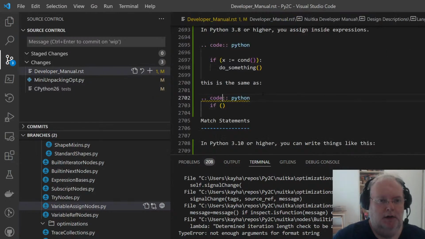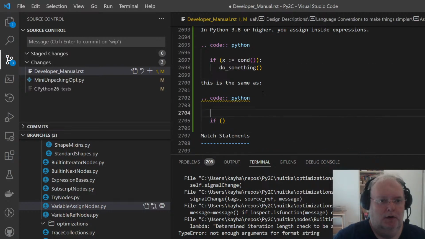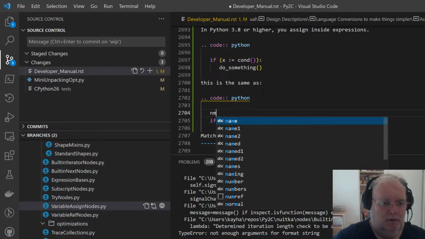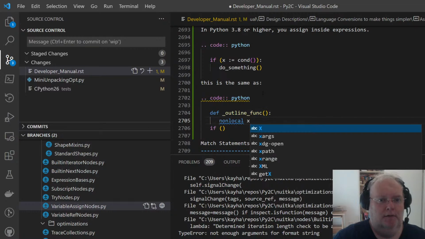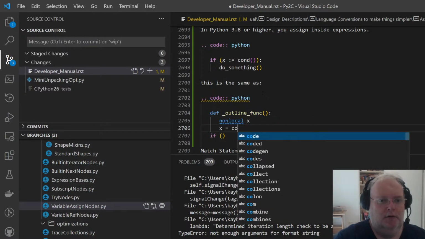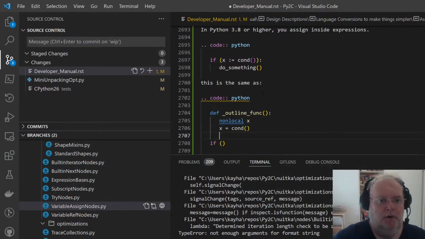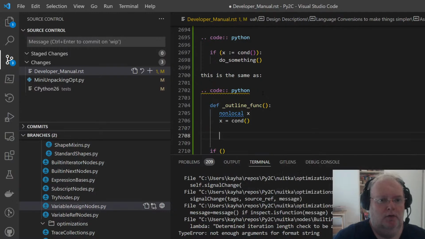So we say nonlocal, huh? Nonlocal: def outline_func, nonlocal x, x equals cont, return x.